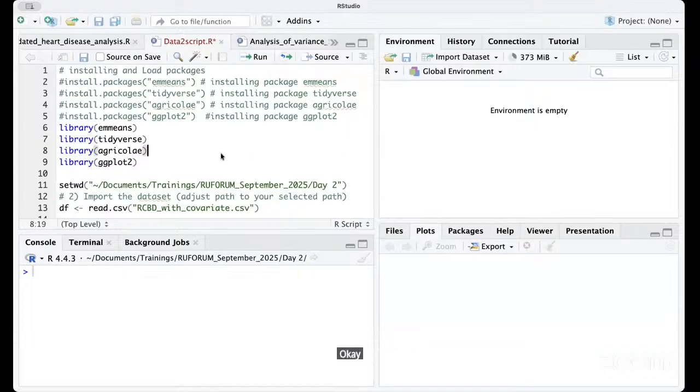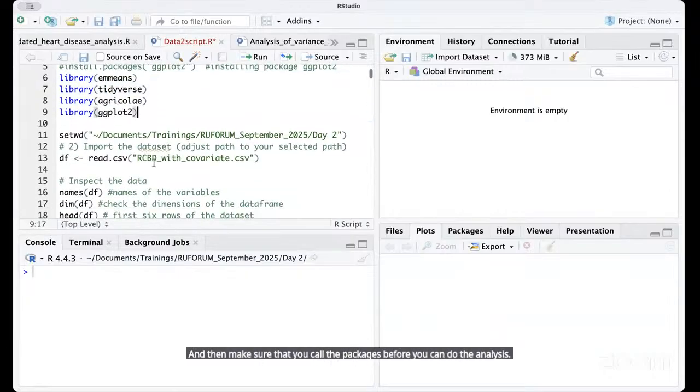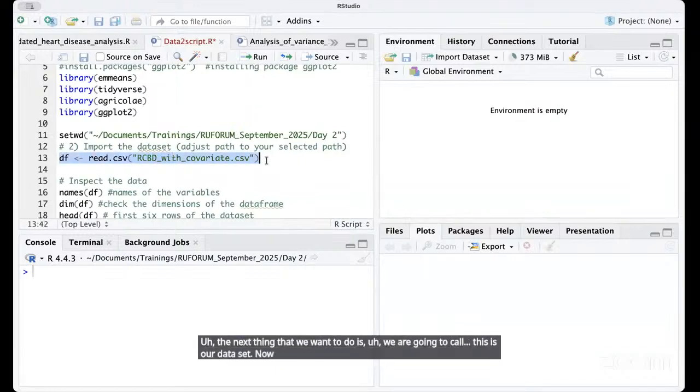Okay. So that is the first thing: make sure that the packages are there, and then make sure that you call the packages before you can do the analysis. The next thing that we want to do is call our data set. But before we can call this data set, we need to